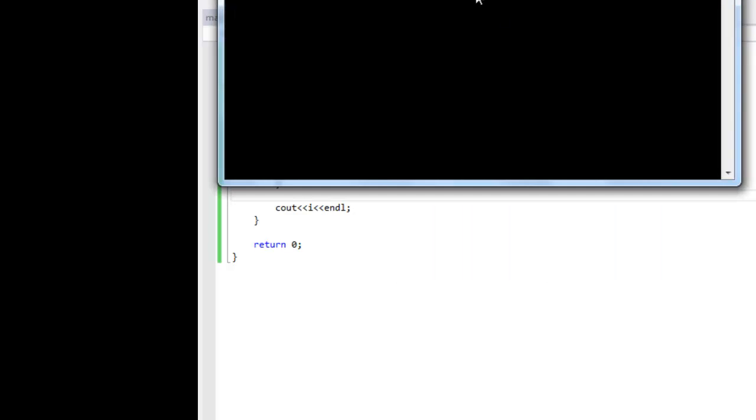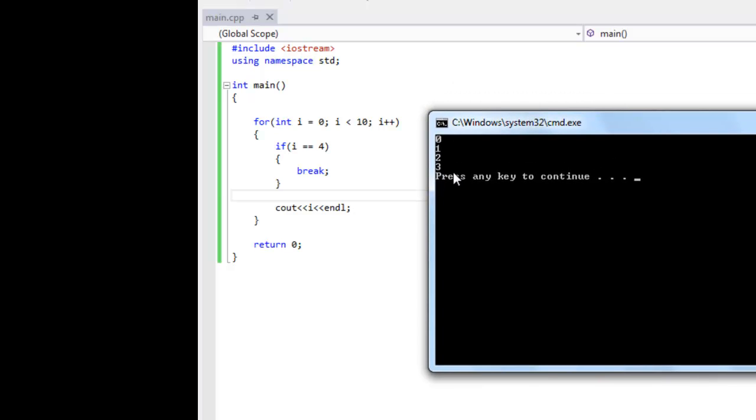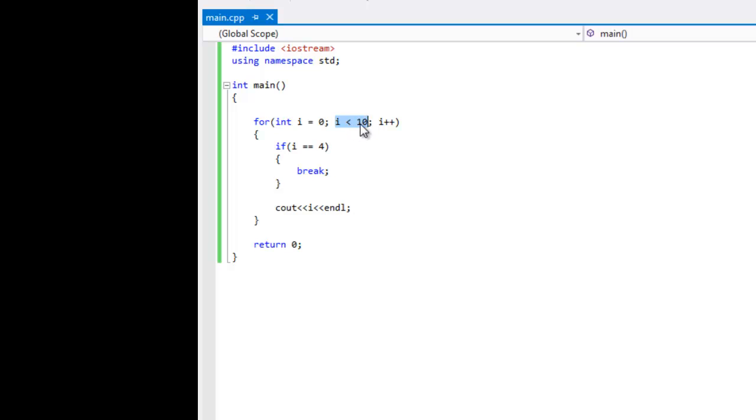When I run it, notice that it does not print 0 all the way up to 9. We stop at 3, because the first time through the loop, I'm testing this condition, but also in this if statement, I'm testing that condition. So when it gets to 0, is 0 equal to 4? No. Keep going. Print it out. 1, 2, 3. But when i is equal to 4, even though this condition right here is satisfied, when it gets to here, we call a break statement. And what break causes to occur is that whatever loop you were inside, the innermost loop that you were inside,